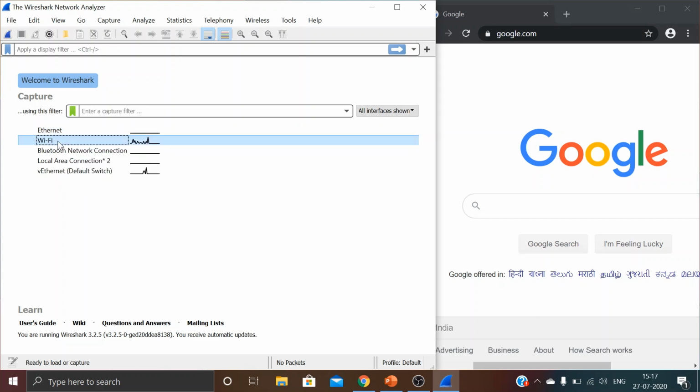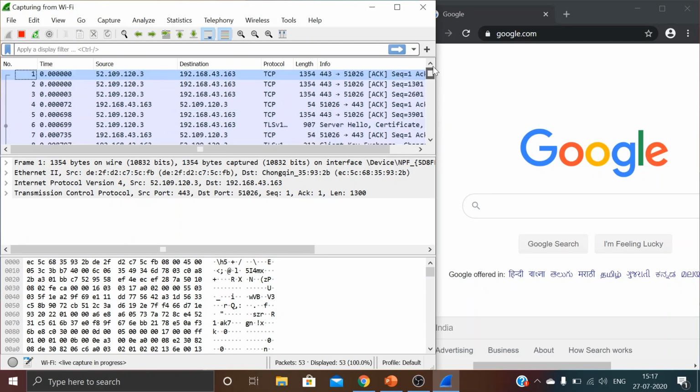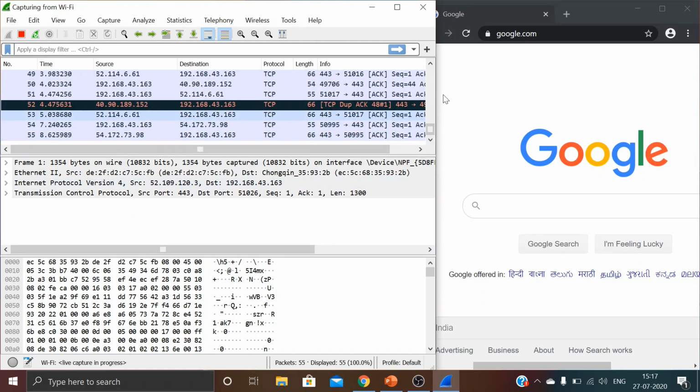So we will click on Wi-Fi because my Wi-Fi is connected to the internet. I will click on Wi-Fi, then start capturing the packets. You can see here the packets have been captured. All the packets that are transferring from my Wi-Fi adapter are captured here.